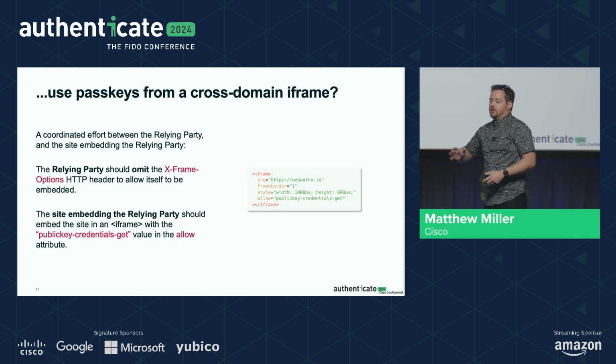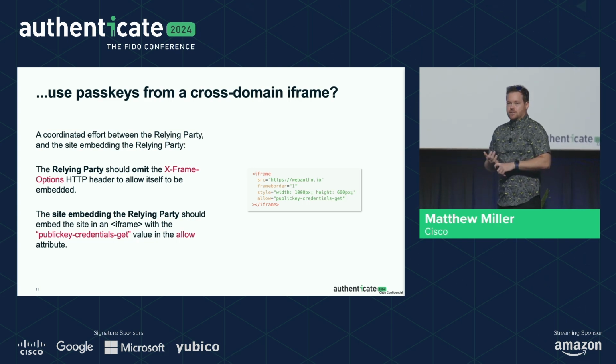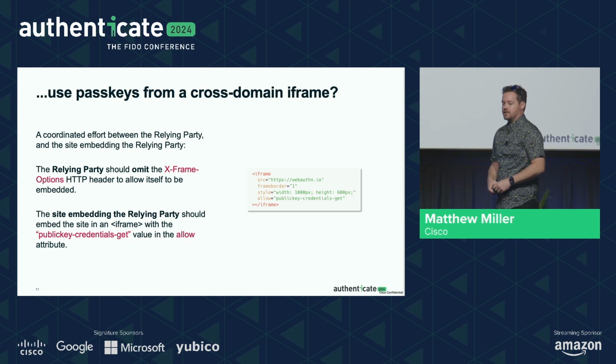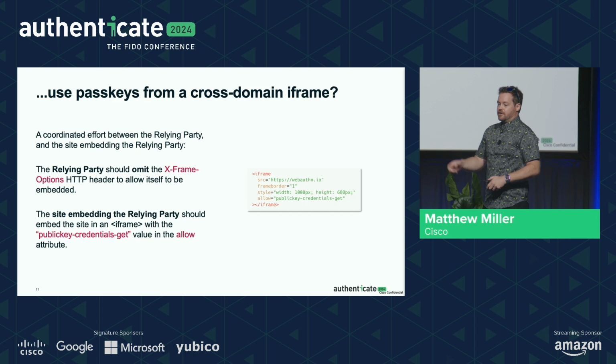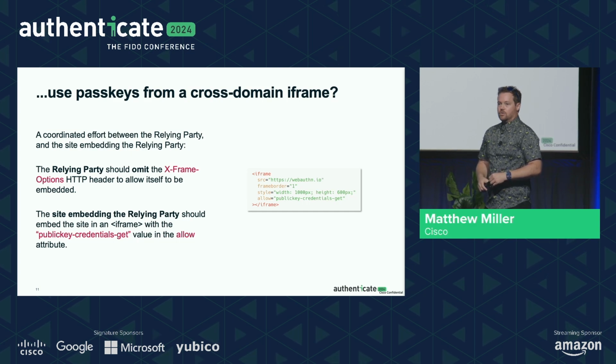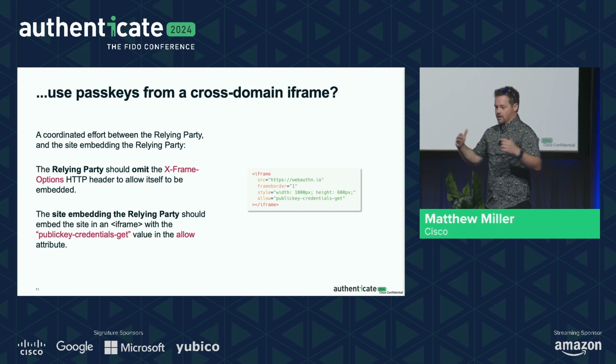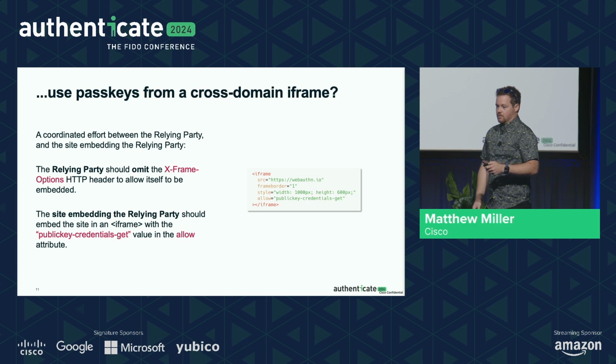So anyway, the relying party, the site that is going to be facilitating the WebAuthn ceremony while embedded, should omit an HTTP header called X-Frame-Options. Just get rid of it. So that's going to tell the browser it's OK for this site to be embedded on a different site. The site doing the embedding, in its iframe allow attribute, should specify the publickey-credentials-get value. And so that together is going to allow a website